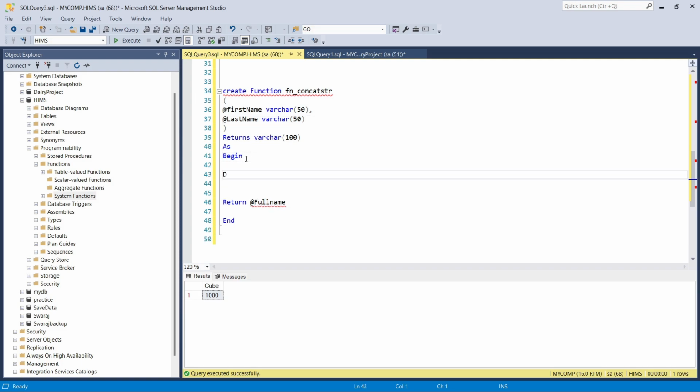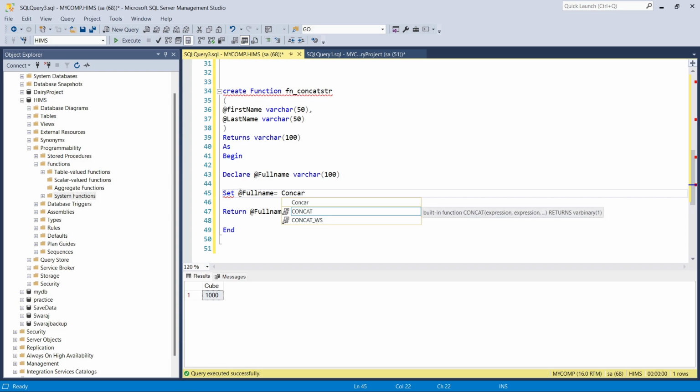Let's say I'm first declaring the full name as varchar 100, and set full name is equal to concat